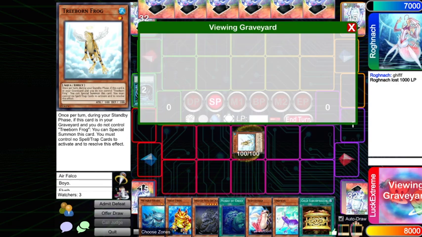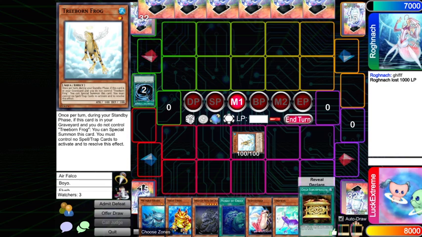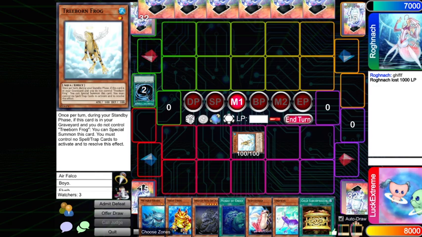I guess I just don't want to let him know what I have, and I have a pretty good hand, so I'm not too worried. I don't need to draw into anything. Now here I'm faced with kind of an interesting decision, right? Because I could go Special Swap, probably discarding the Unifrog or the Metabo, make a board and